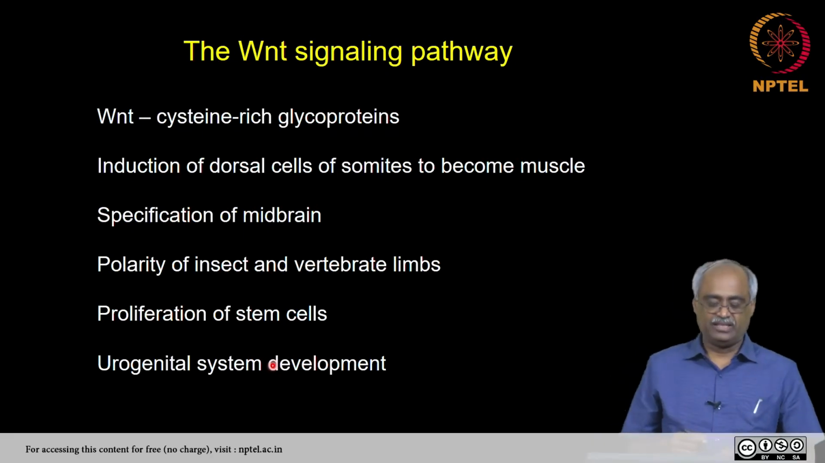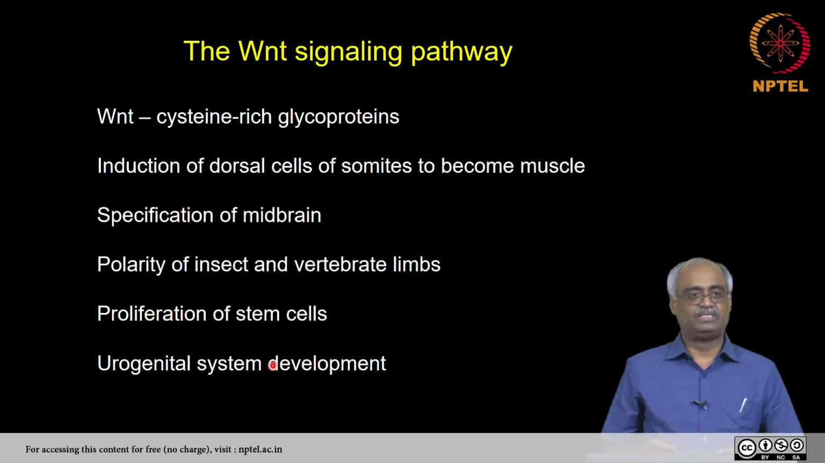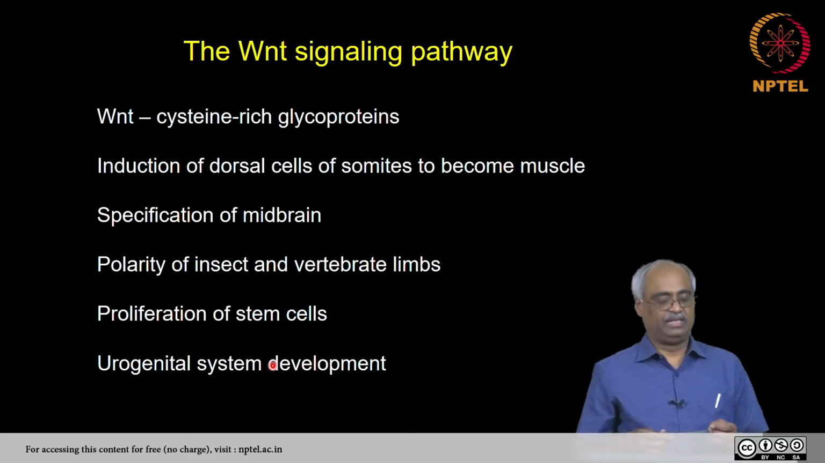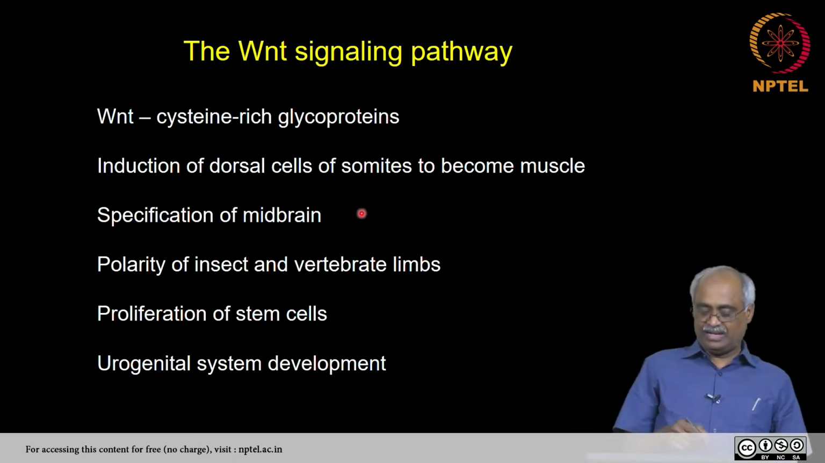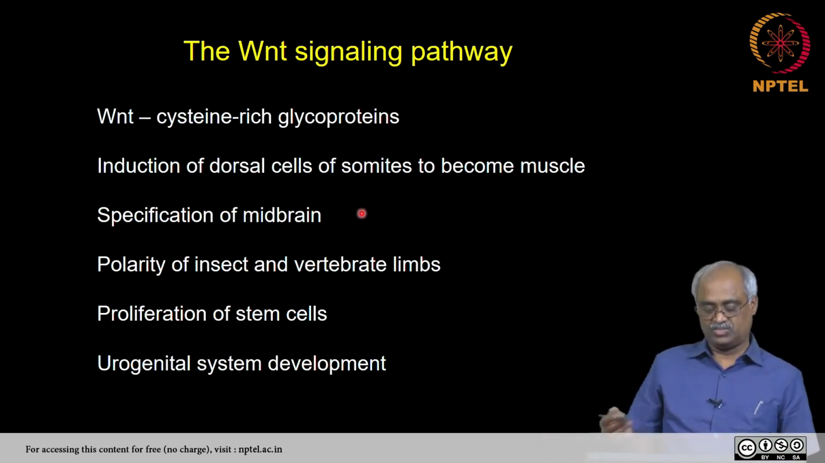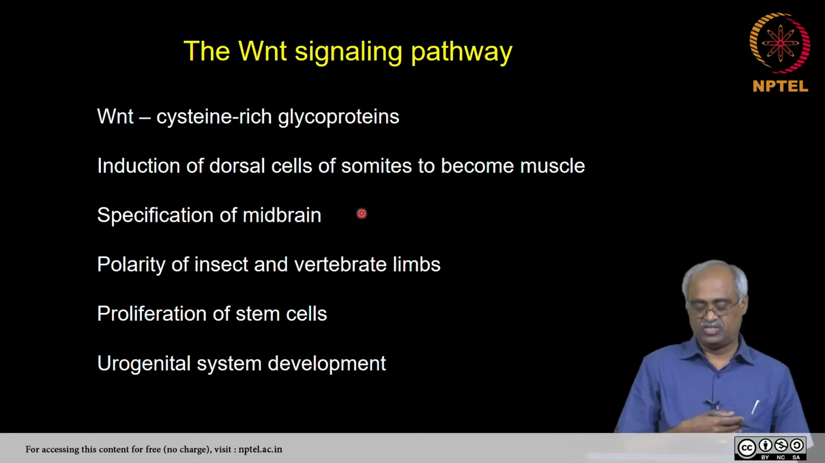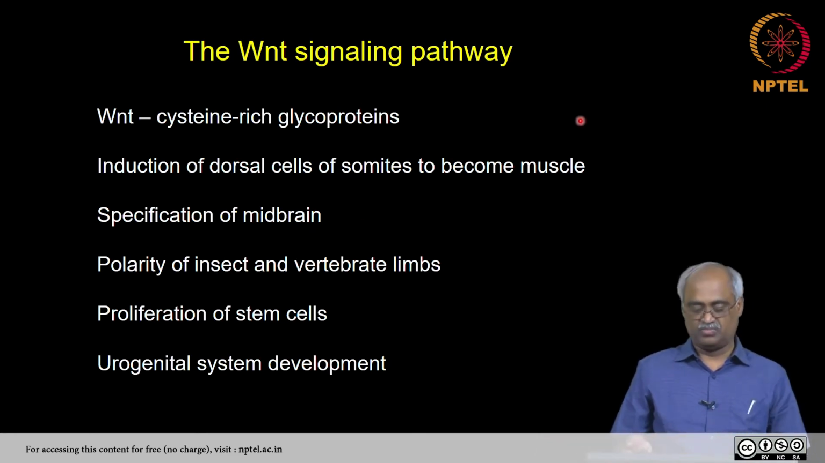Wnt, actually the word comes from Wingless, which is a phenotype of a Drosophila mutant, and Int, which is a vertebrate ortholog. So both together it is called Wnt. I think the vertebrate ortholog was first found in Xenopus. These are glycoproteins that are rich in cysteine. They are important for the dorsal somites to become muscle. So the ventral ones become cartilage through the action of Hedgehog, and the dorsal ones become muscle through the action